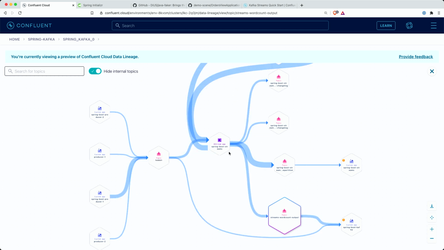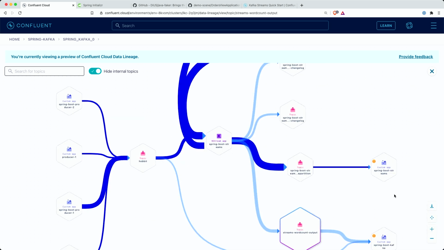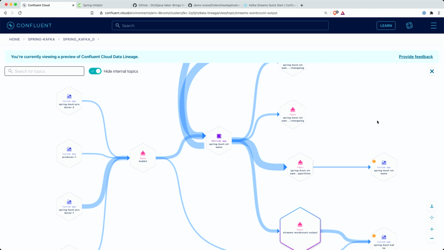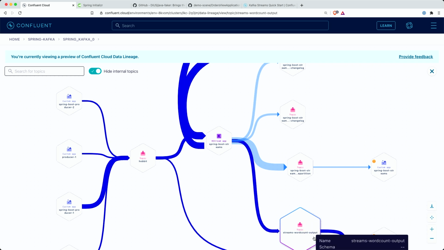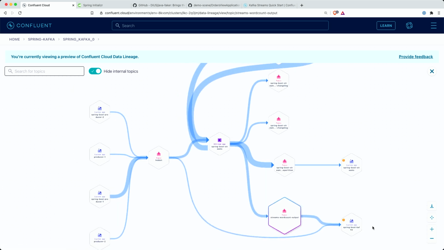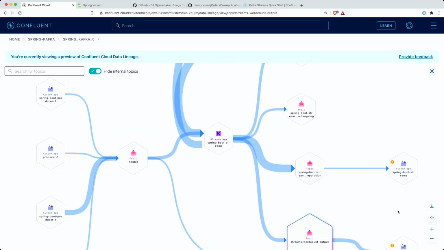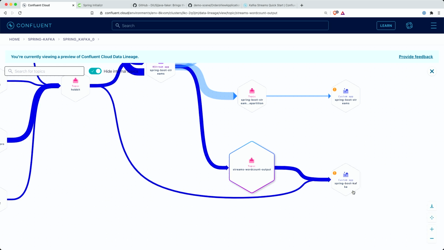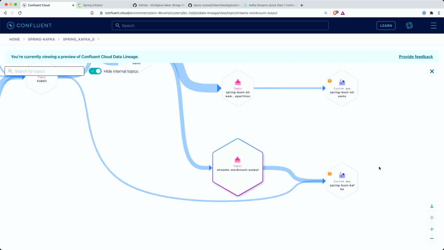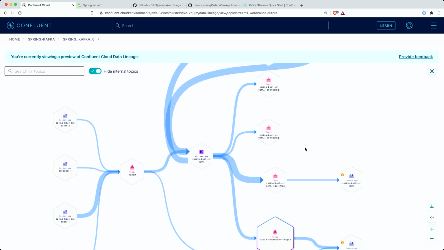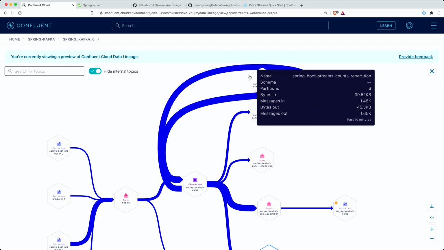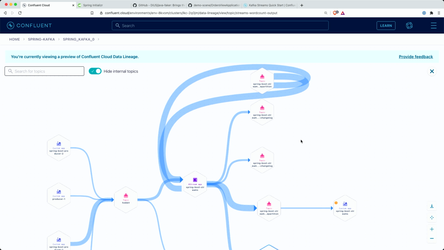We have a Kafka Streams application that processes this data and writes data inside this streams count topic. This topic is also consumed by a Spring Boot Kafka application, which is my consumer now. And there's a bunch of other topics that we're using to save the state for this application.